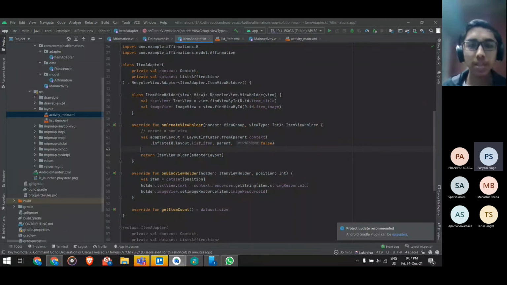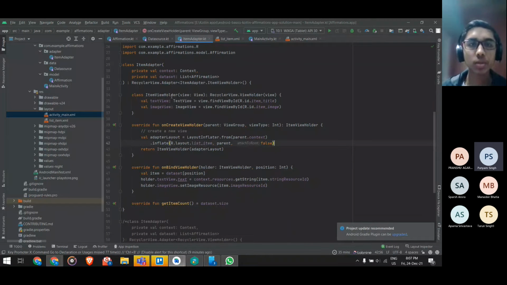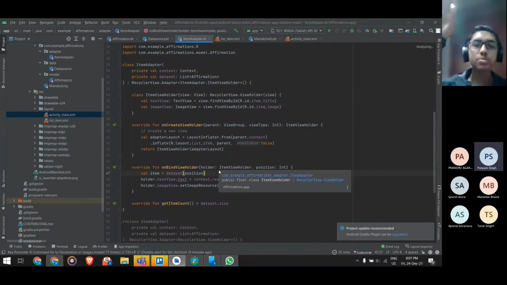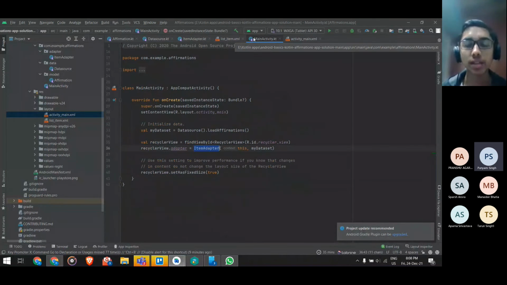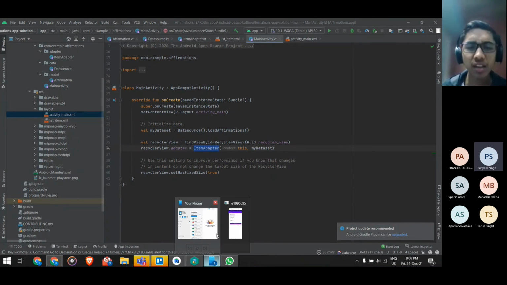So what happens in your item adapter is that your data set, you get a reference here, and we're saying that we need the affirmation at this position of the list. Then we set the text as the text that we provided in that list, and the image that was provided in the same place. So that's how it works overall. I've just explained to you how it works, but the coding part of it you will get into much more in the course, and they will say what each line of it does. That will be more helpful.